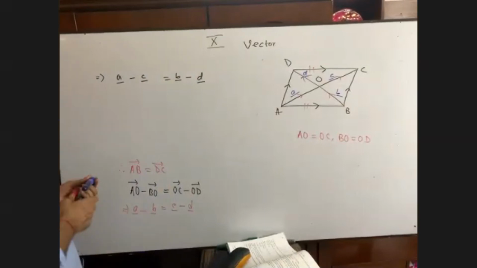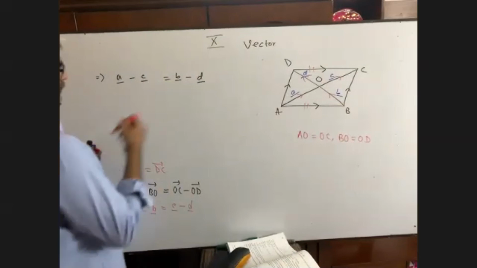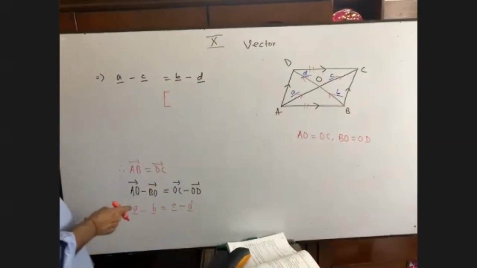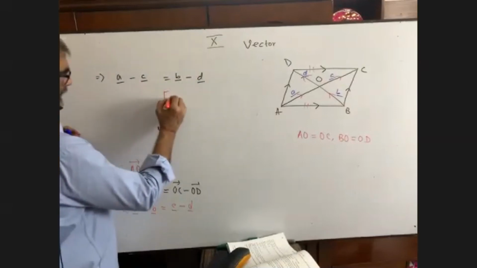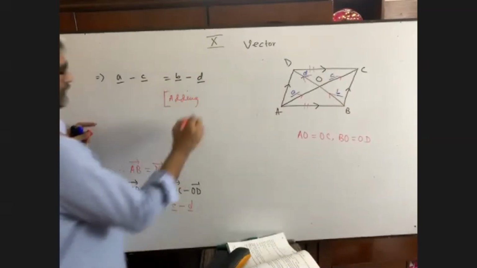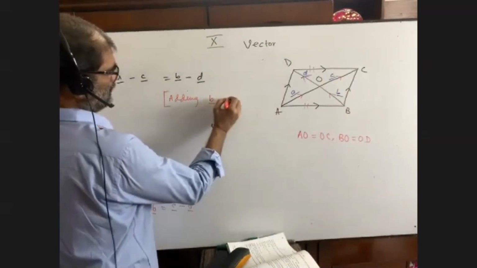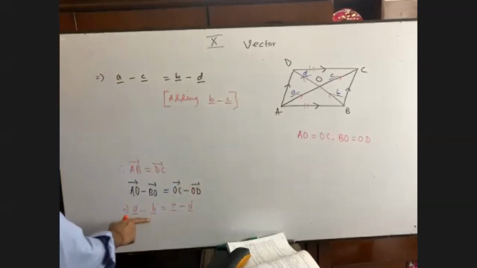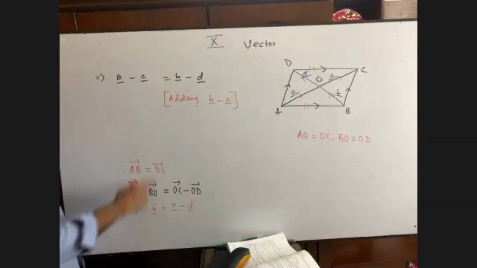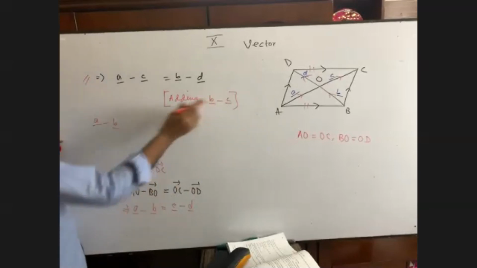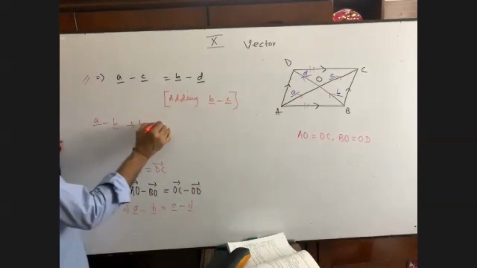One side note can be given here. If you can, you will give. Otherwise it is not mandatory. Here, actually, adding B minus C. If I go for adding B minus C to both the sides, then we can get this line. So this is A minus B. You see, it is A minus B. We have added B minus C. Very good. B minus C.